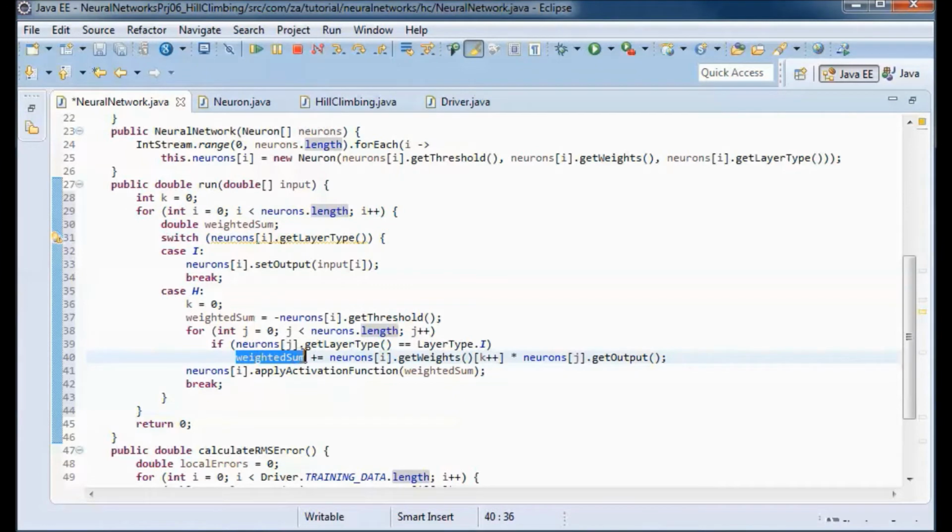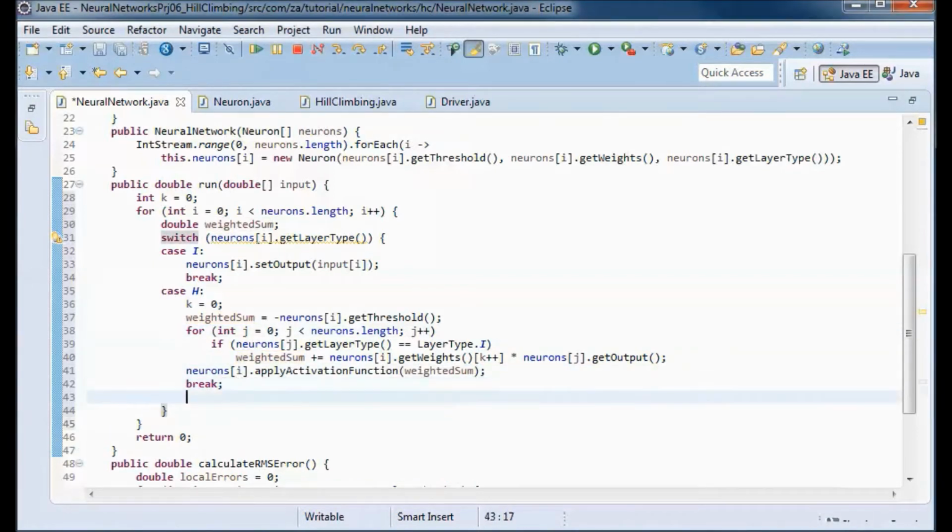So we end up with a weighted sum that we pass to the activation function, and finally if this